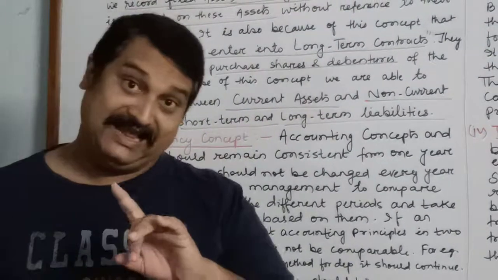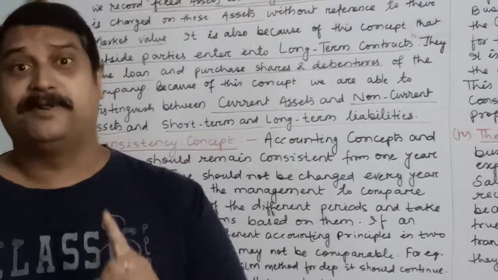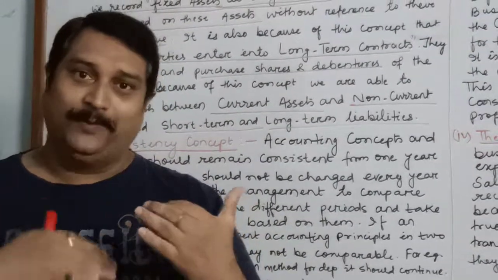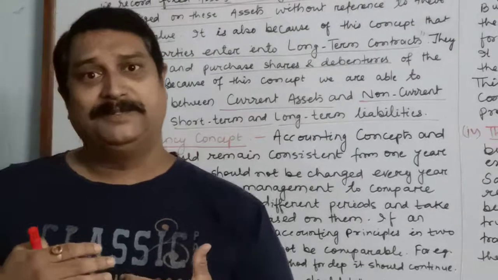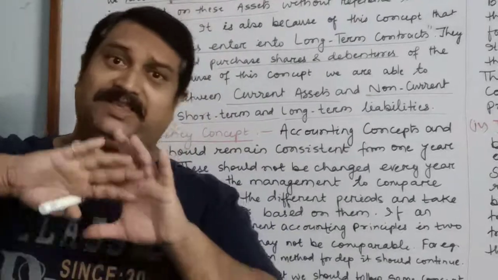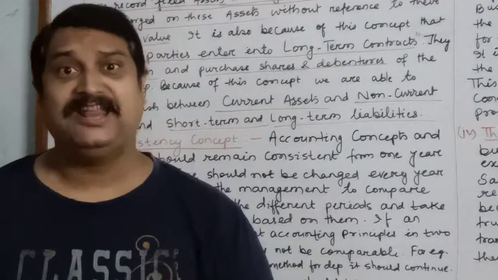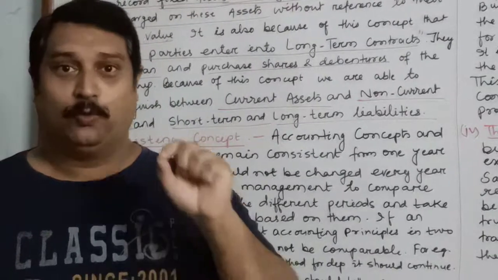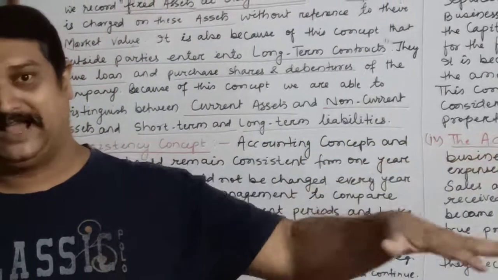non-flexible. And as we had discussed in the very beginning of this particular concept, accounting principles are flexible and business keeps on changing. So with the changes, you have to adopt the changes, because the technology changes, the business method changes, the environment of the business changes. So with all these changes, the accounting procedure and accounting methods have to be changed. But according to this concept, whichever method you follow must be followed for a sufficiently longer period of time so that